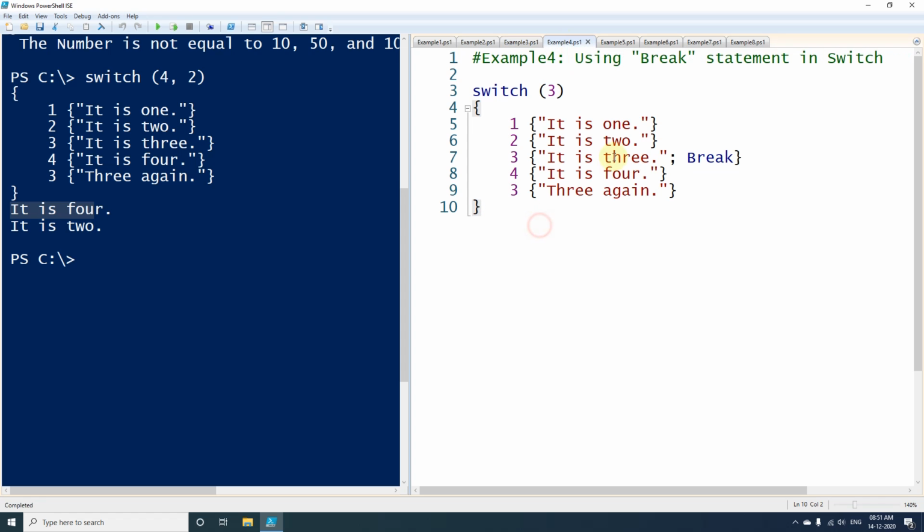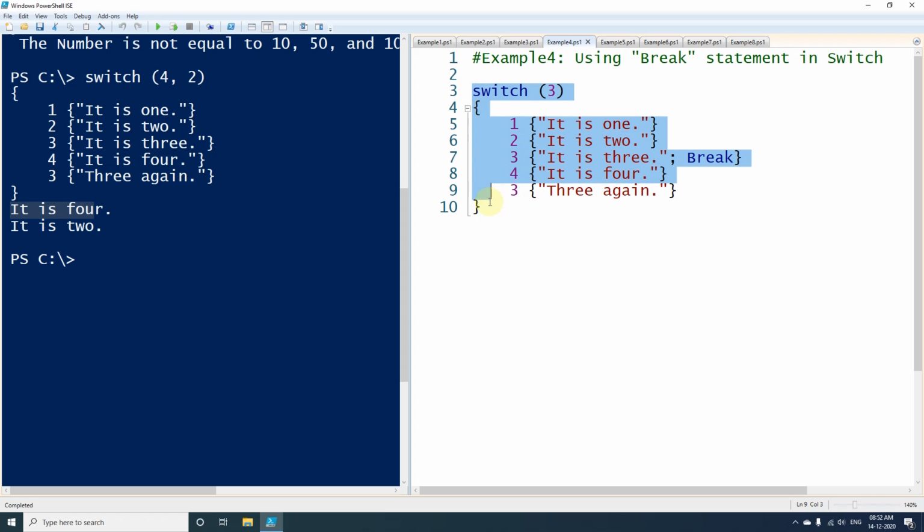In this example we will be using break with switch. If we want that after a single match it should not try to match other expressions also, in that case we will need to break the loop. To break the loop we will have to apply the break statement. It will keep trying to match, and wherever it matches it will print this message, and after that it will break right there. It will not try to match any other lines here.